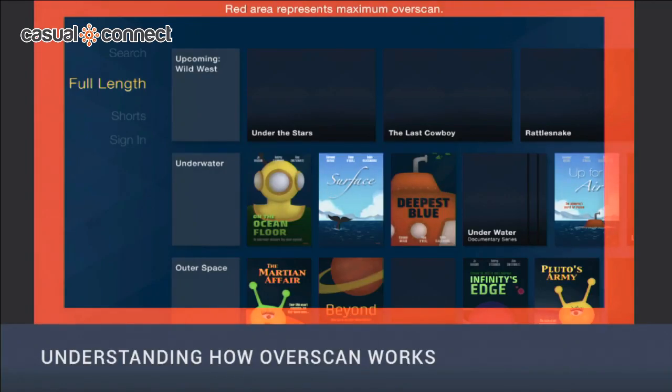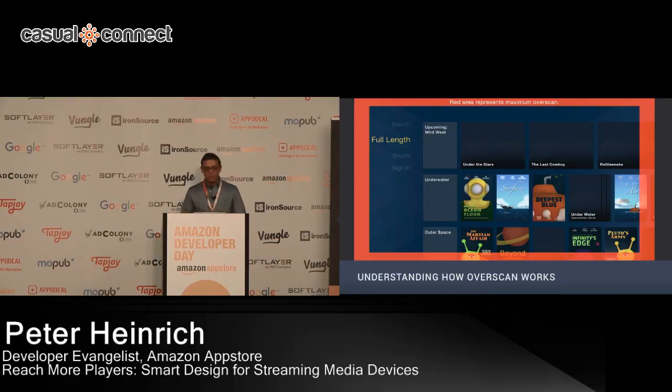Two other quick points I'd like to mention with respect to TV displays and migrating. First is the idea of overscan, and this is the physical space that TV hardware manufacturers reserve around the outside of the displayable area of a TV screen. And it's something you should be aware of when you're targeting streaming media devices, because this space can exist on TVs of any size, and it limits the area in which your game can actually render its UI.